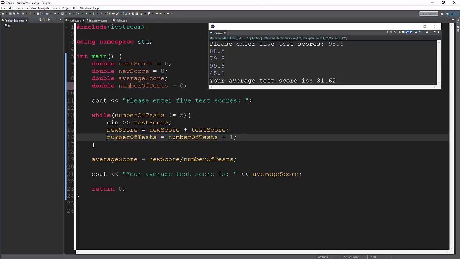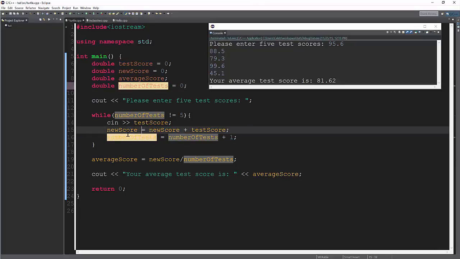because I always want it to be 0 on the first run through. Because if it's 0, I can go ahead and add 1 to it. So 0 plus 1 is going to be 1. After that, it'll come down here and loop through again. It'll see that the number of tests equals 1, but that's not equal to 5, so I'll have it run